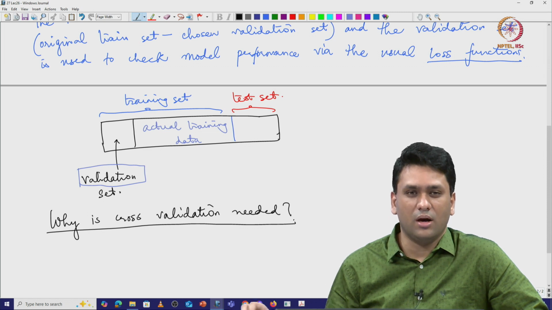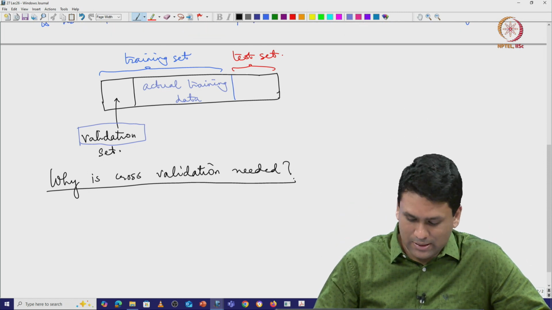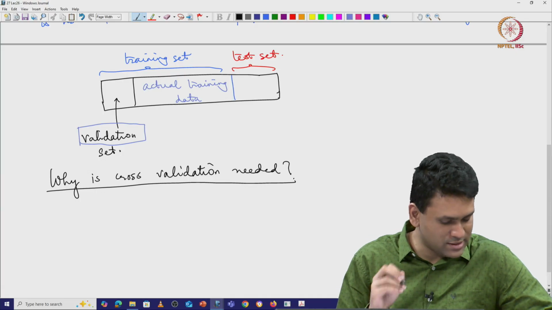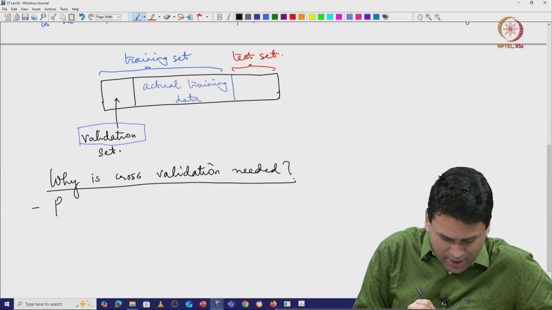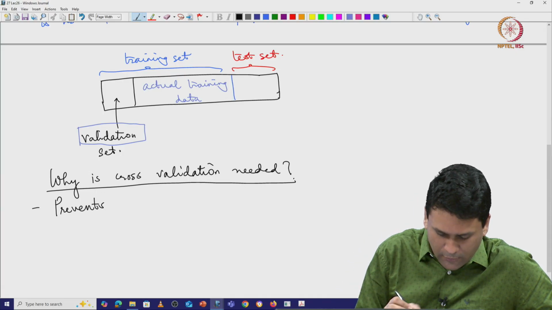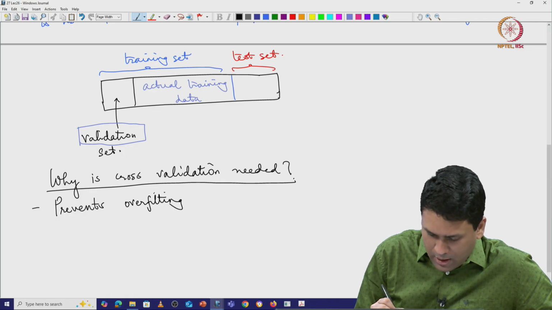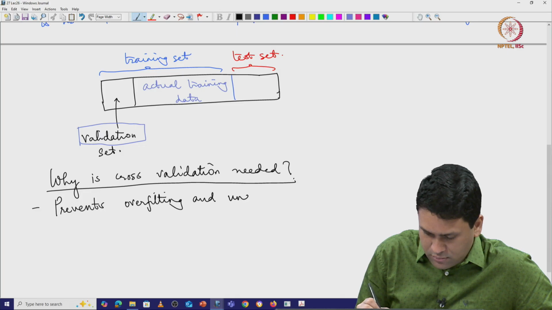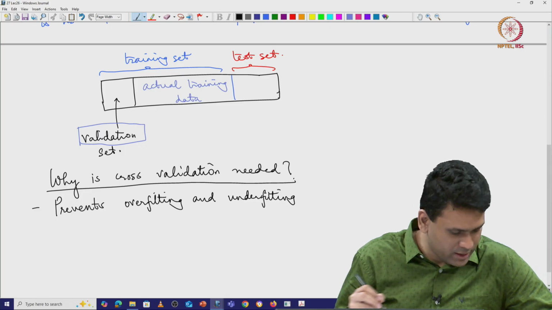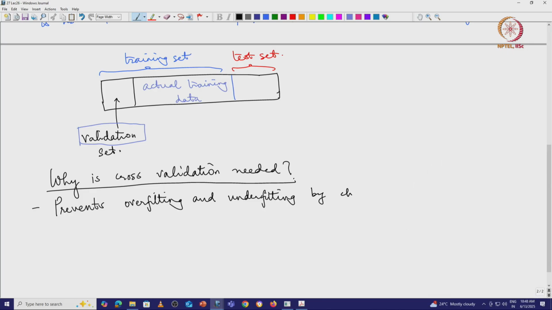That is very important, and therefore cross validation is needed because it prevents overfitting and underfitting by checking model performance on unseen data,